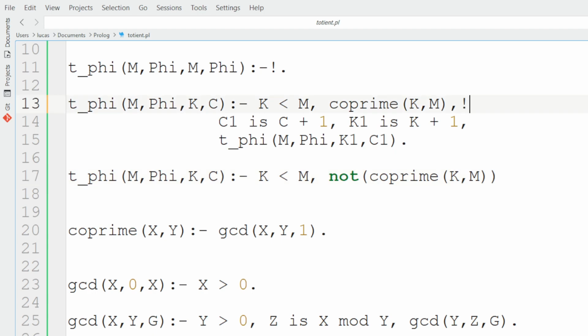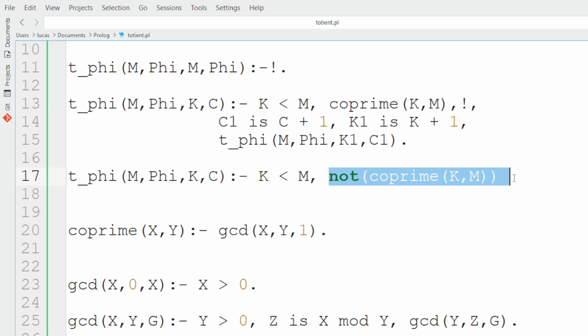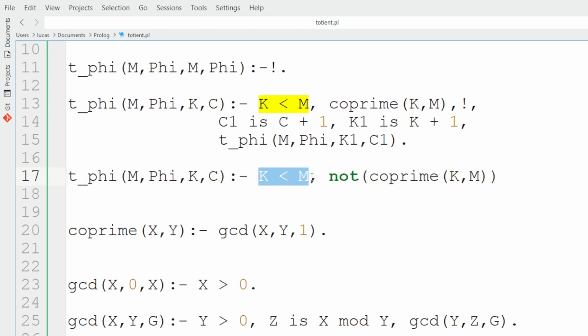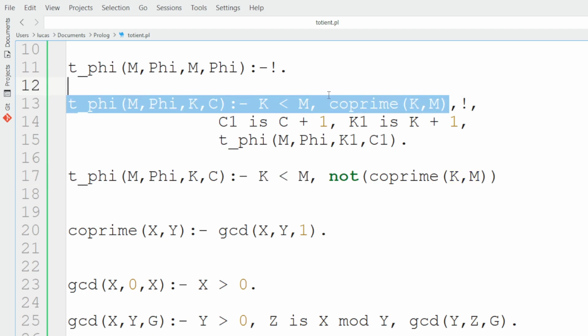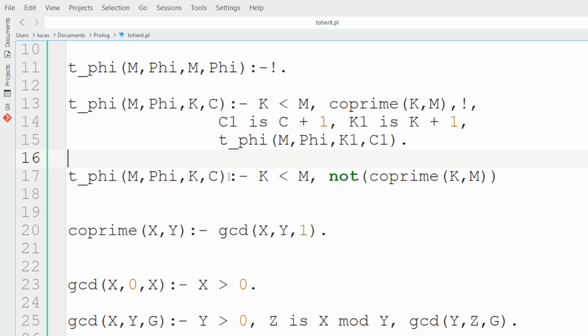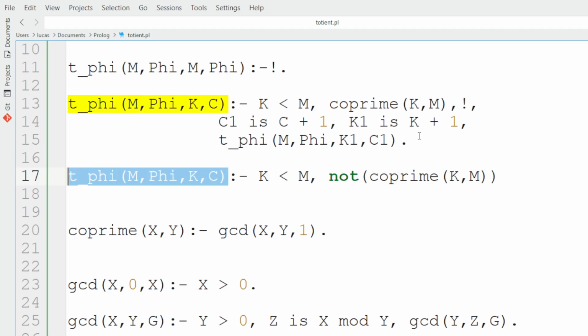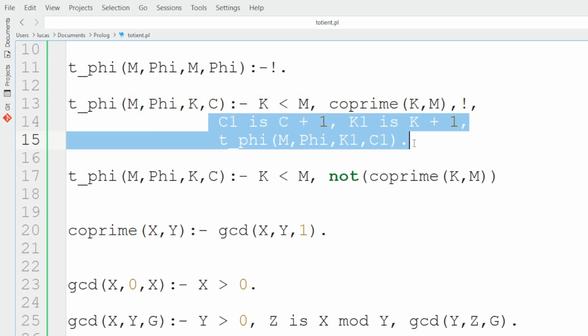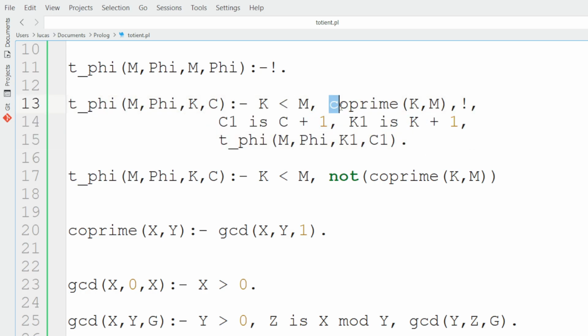So if you use the cut operator, again, you gain efficiency because you don't need to do this comparison, neither this comparison in here. Because if they're coprime, you will not go to check this clause. The Prolog backtracking process will not try to unify the clause. It will basically stop. It will execute this and it will stop, right? Now, if this is false, then we will not reach this, so that we will execute this other code here,